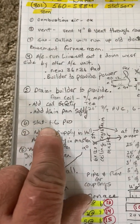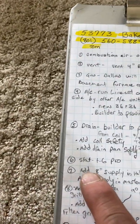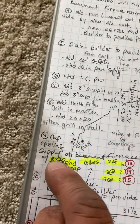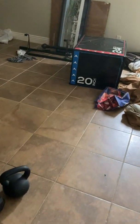Okay, thermostat, a T6 Pro, so no one's here, but I'd say just in the hallway here. Two-stage, of course. Okay, so I told you about the supplies and returns we're adding. Okay, so let's go down in the furnace room in the basement. And so also the power for the furnace upstairs, the builder is supposed to provide that as well, the switch and everything. So here's the furnace room,